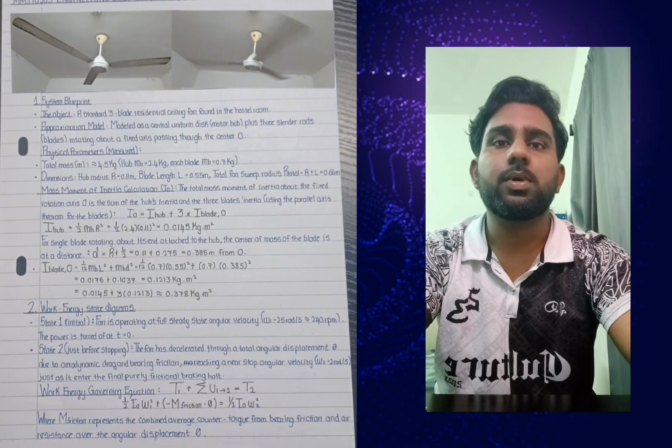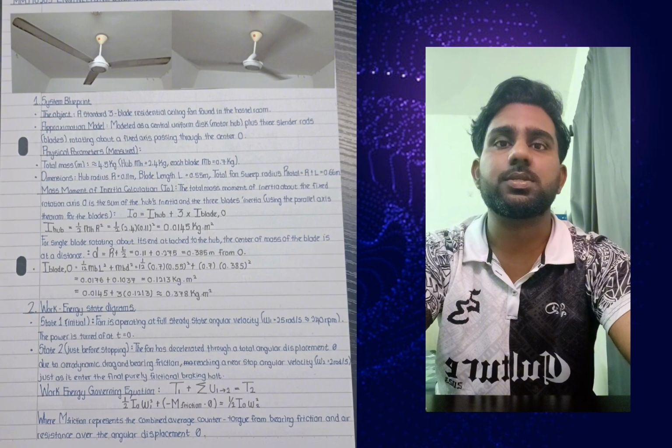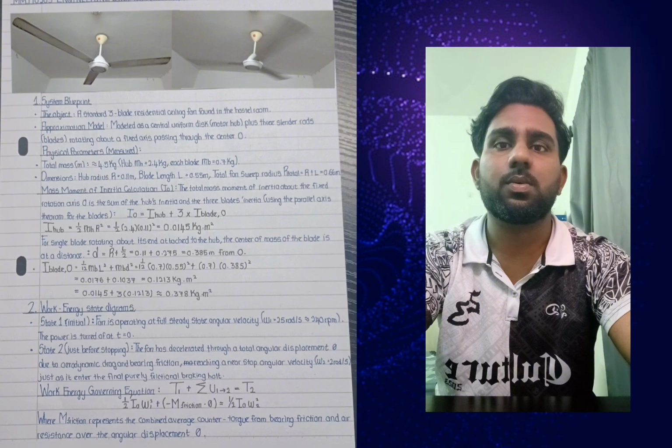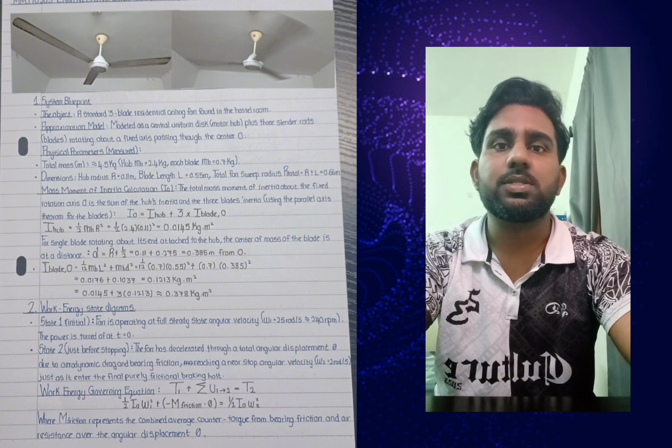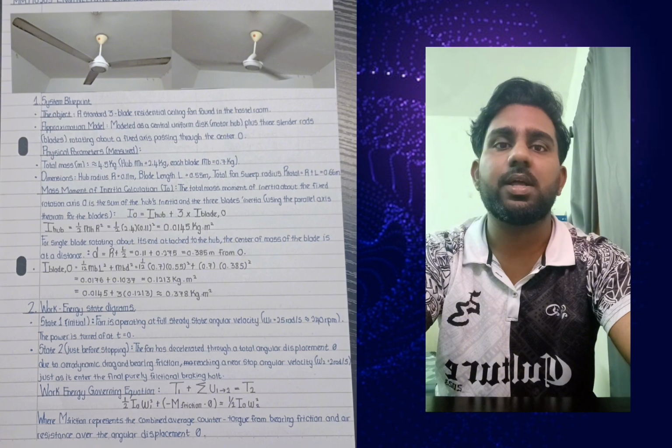To bridge the work-energy method with impulse-momentum, I divided the shutdown process into two distinct phases. Phase 1 is the work-energy phase. State 1 is when the fan is running at the steady maximum speed of 25 radians per second and the power is cut. State 2 is the moment the fan has slowed down to just 2 radians per second. The kinetic energy lost during the deceleration is equal to the negative work done by air resistance and bearing friction over